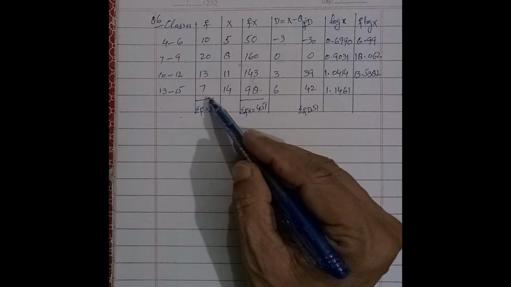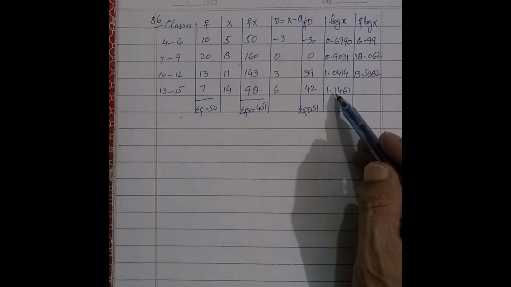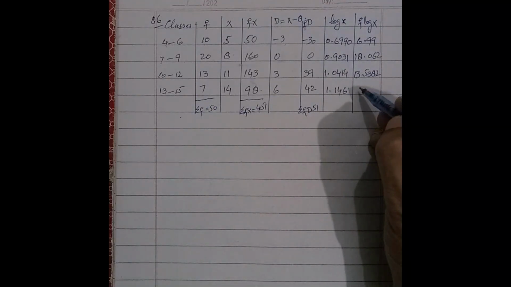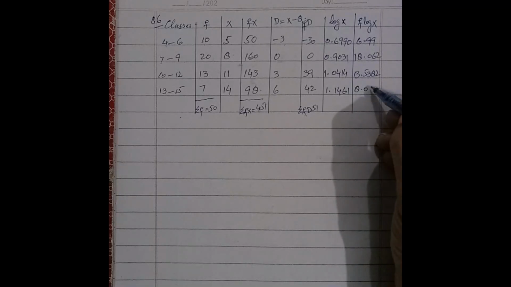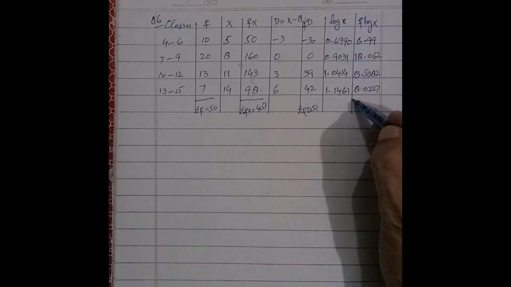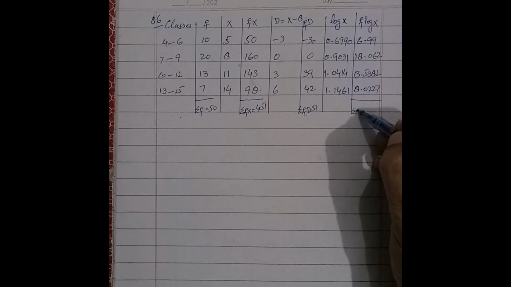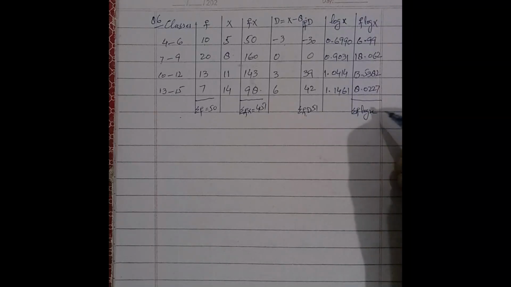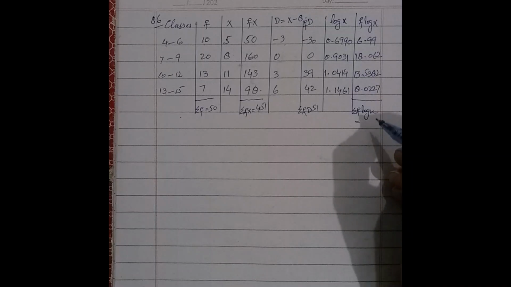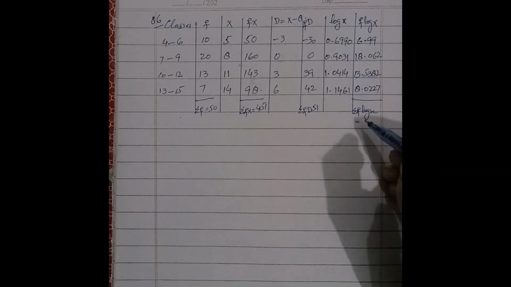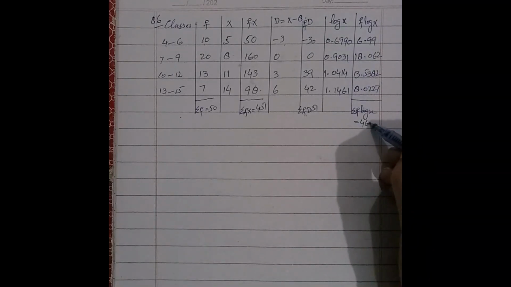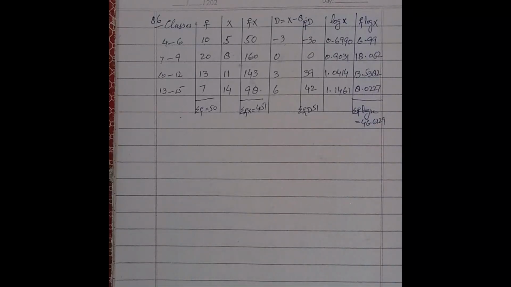13.5382, and 7 multiplied by 1.1461, we get 8.0227. Take the summation of f log x, adding all the values, we get 46.6129. And for the harmonic mean, we find the value